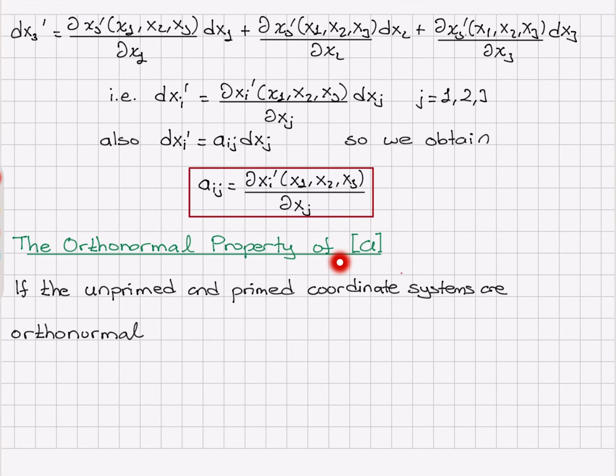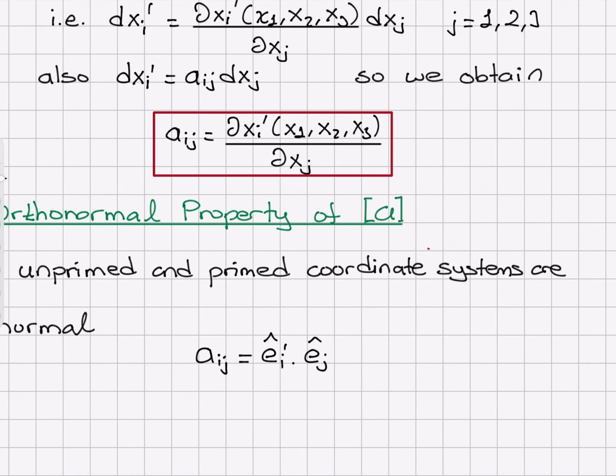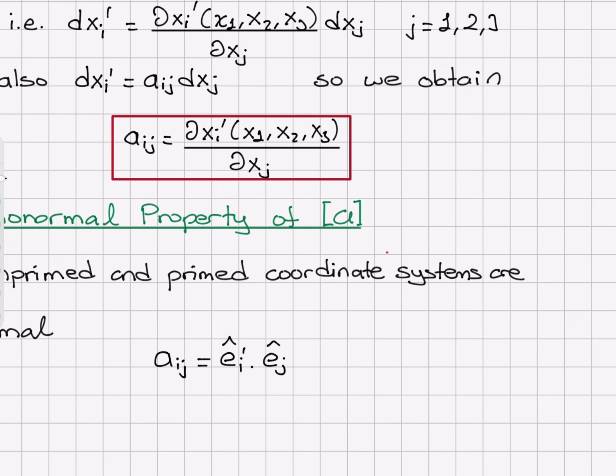The orthonormal property of the transformation matrix A. Now, if the unprimed and primed coordinate systems are orthonormal, we have seen that we can write the transformation matrix elements Aij as Ei prime hat dot product with Ej hat. And because Ei prime hat dot product with Ei prime hat is equal to 1, this means I